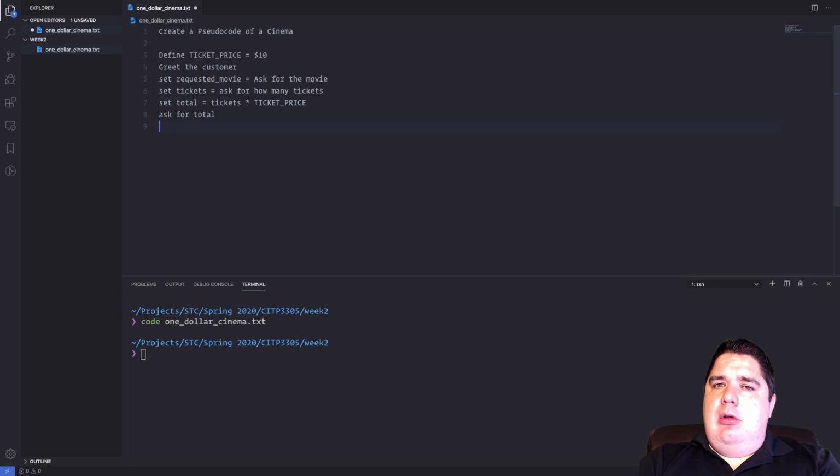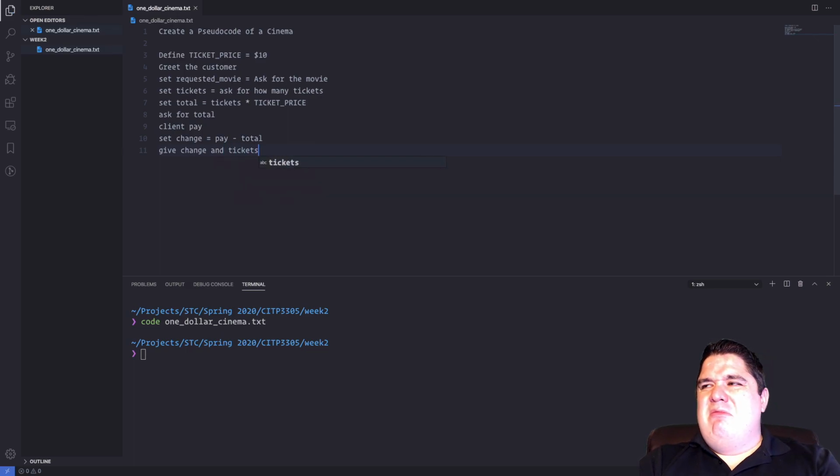After you ask for the total, the client pays, and you need to calculate. You need to calculate your change, equal to whatever the client paid minus the total, and give change and tickets, pretty much. And this is pseudocode, something simple, pretty much an algorithm, but the steps your program needs to do. And this is pretty much the process